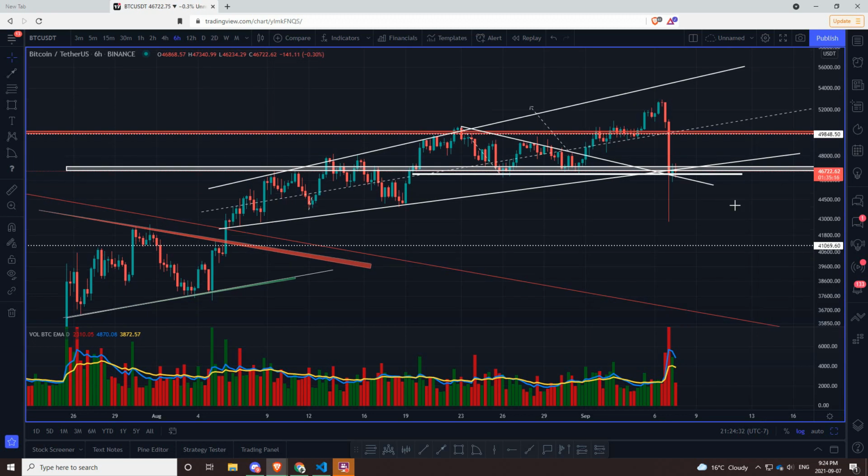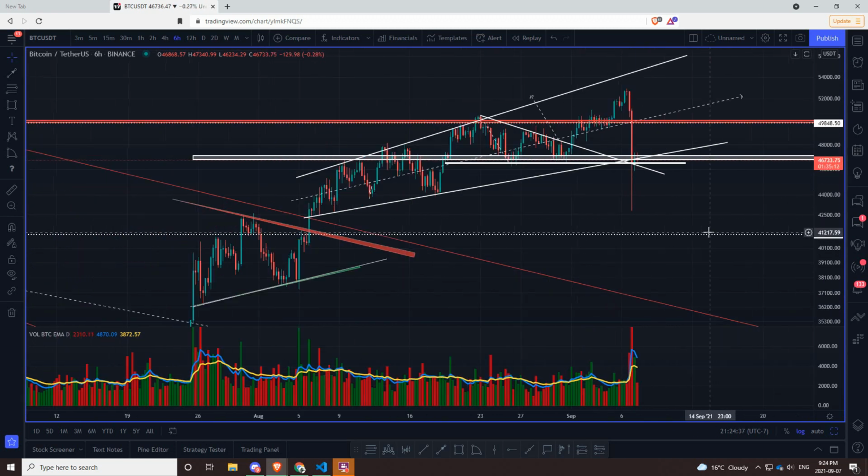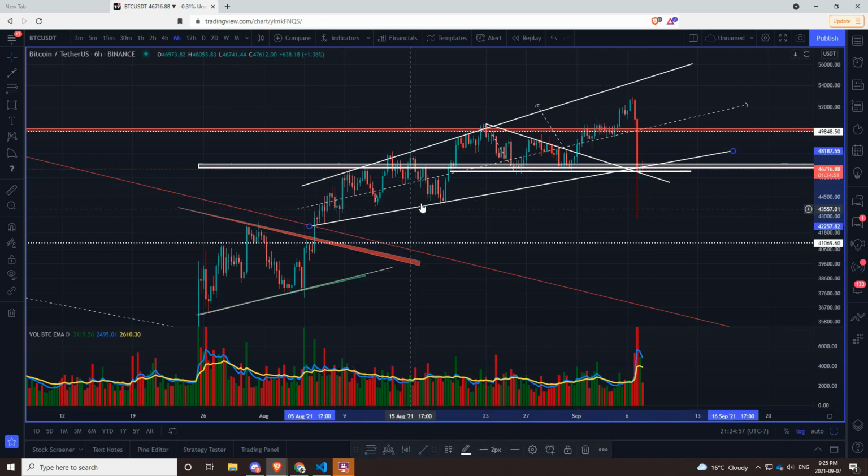But even at that point, that 42K zone is going to be that major level that I do need to see break in order for me to basically completely shift my trend and completely shift my mindset for my view on BTC. Because if we look at it right here, let's draw the trend line, I guess, just because it's a little bit bigger. This zone right here, we still see it holding really well, one of our 3 trend